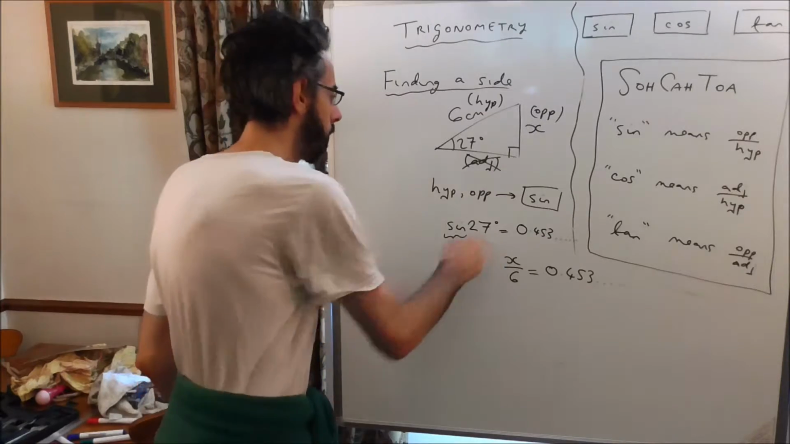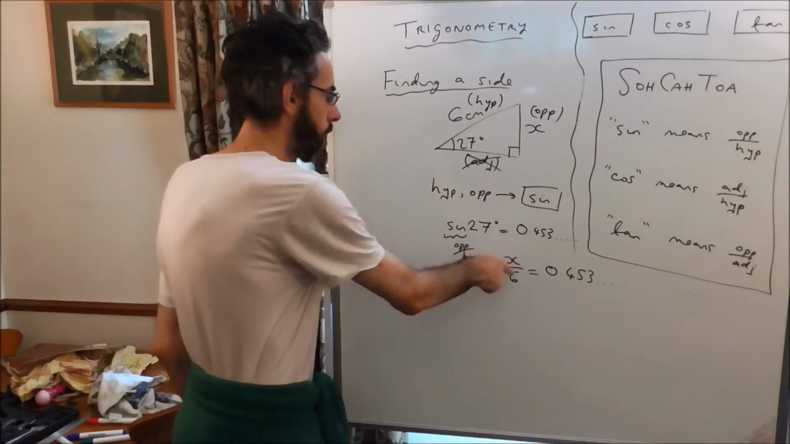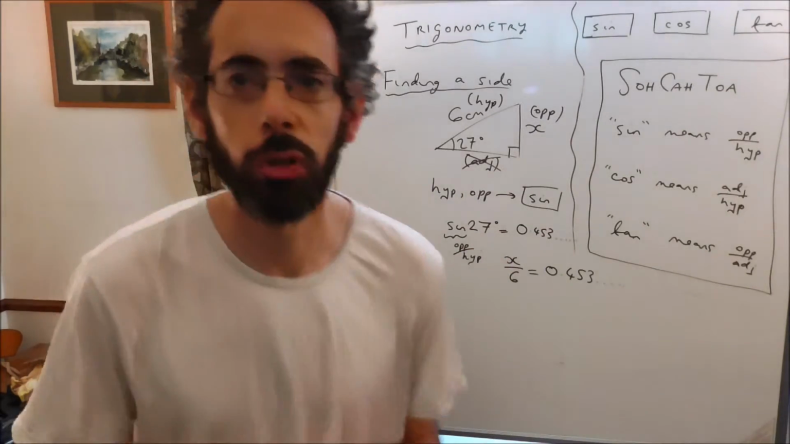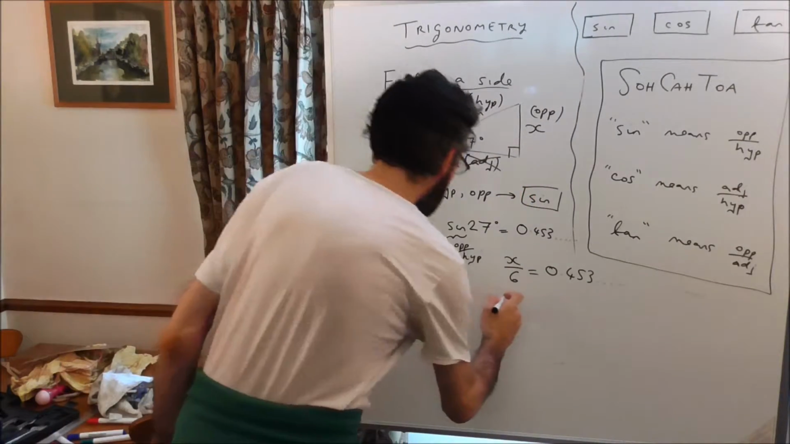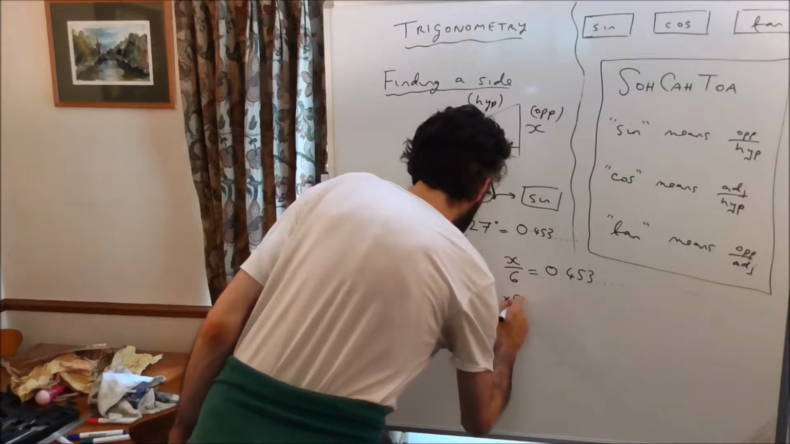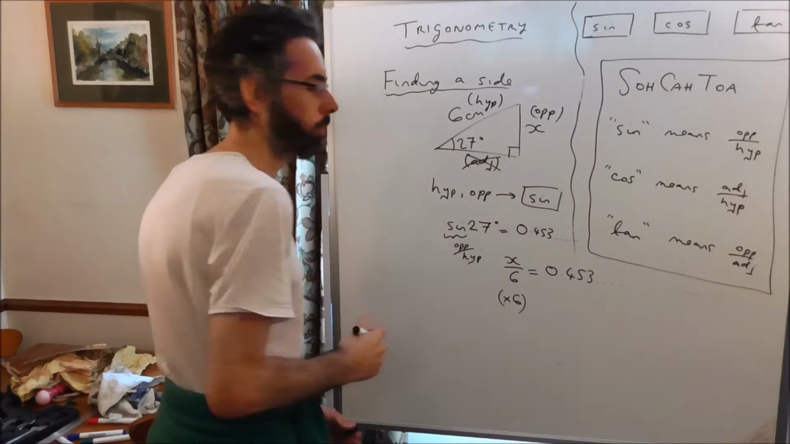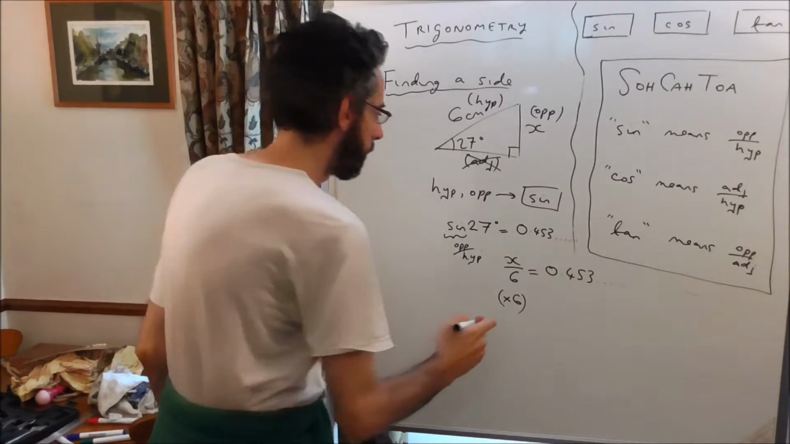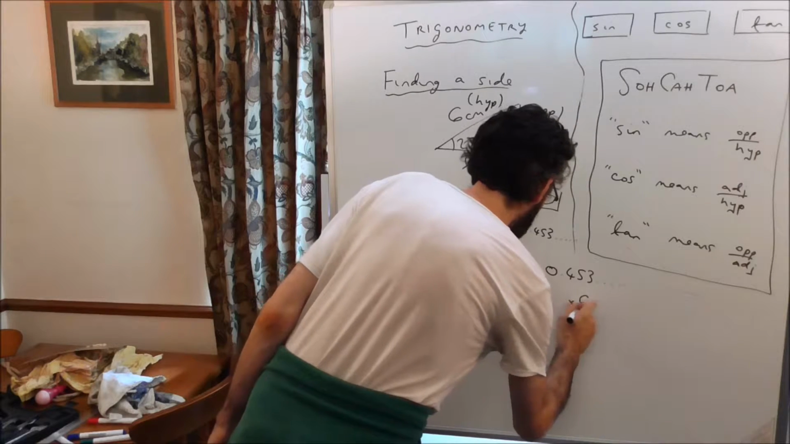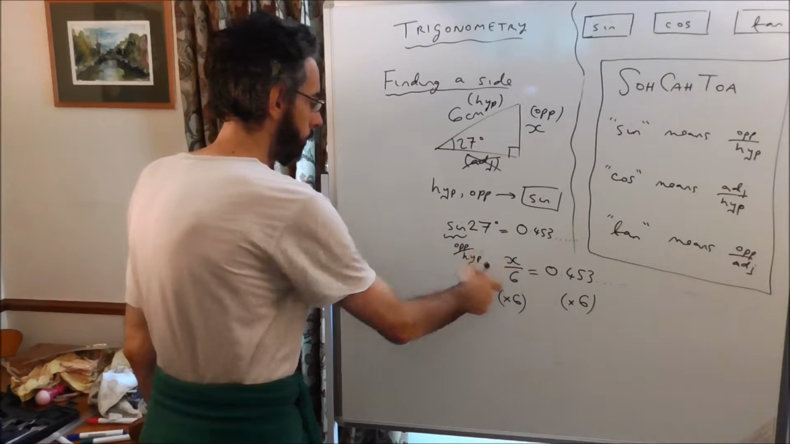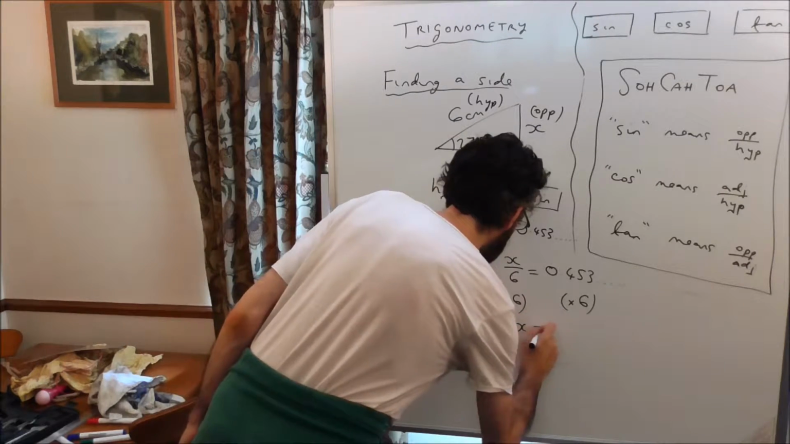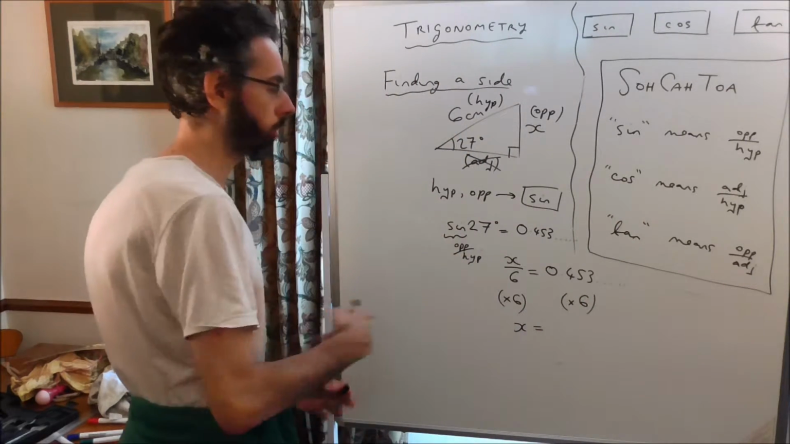So we want to get x on its own. We've got x divided by 6. So what's the inverse, the opposite of dividing by 6? It's multiplying by 6. So to get x on its own, we need to multiply this side by 6. Of course, what we do to one side, we do to the other side as well, to keep them equal. So x divided by 6 times 6 is just x, and 0.453